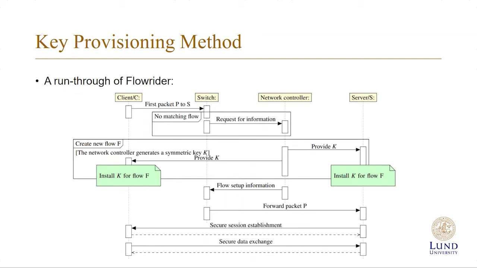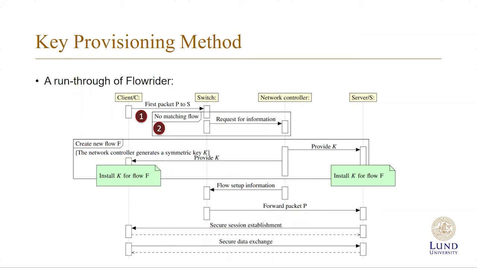You should remember the network scenario that I explained earlier. We had client, server, the network controller, and the switch. So in the first step, the client sends the first packet, IP address to server. The packet reaches the switch. In the next step, or step 2, the switch does not find in its flow table a flow rule matching with